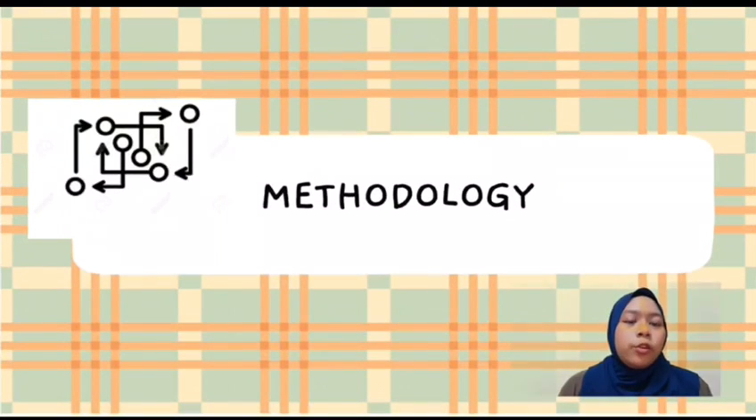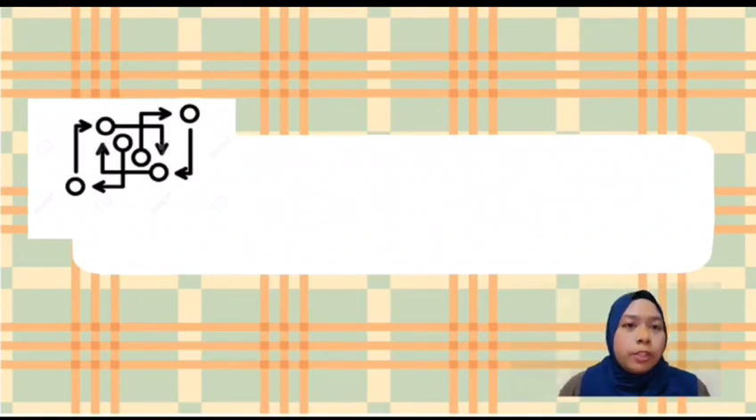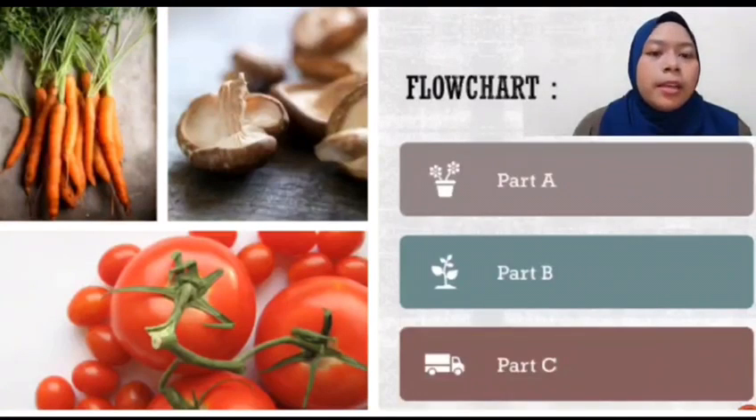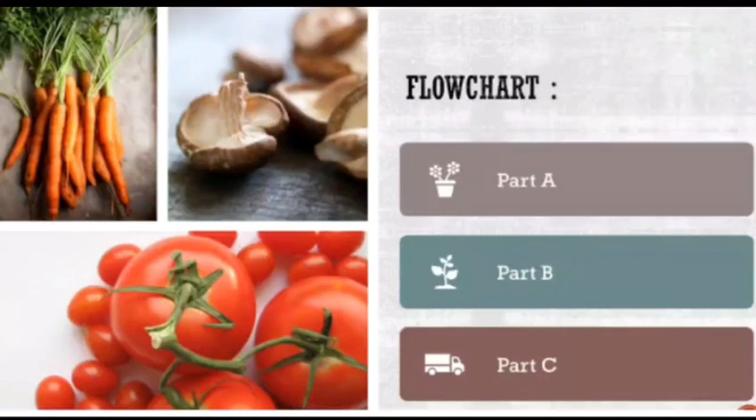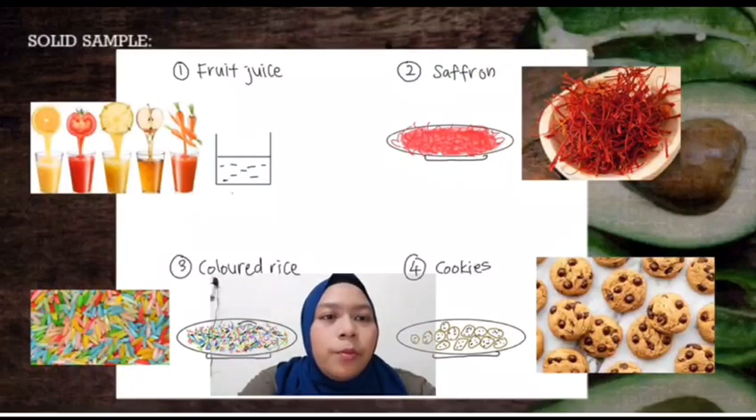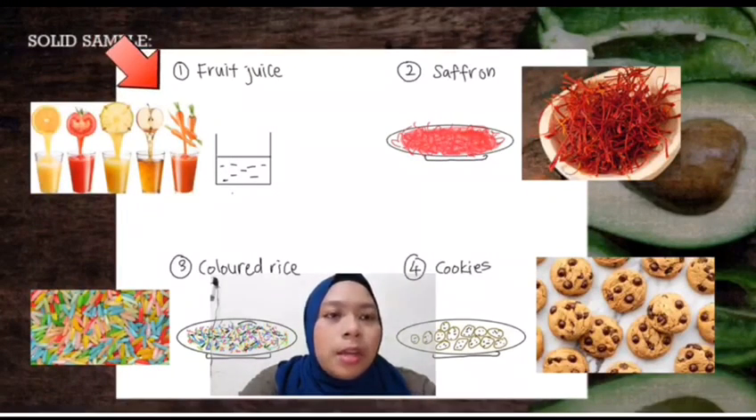Hi, my name is Nomasiza Matsuri, so I'm going to explain about the methodology. This experiment is divided into 3 parts: part A is sample preparation, part B is thin layer chromatography, and part C is liquid chromatography analysis. In this experiment we have 4 different samples. The first one is fruit juice, the second one is saffron, the third one is colored rice, and the last one